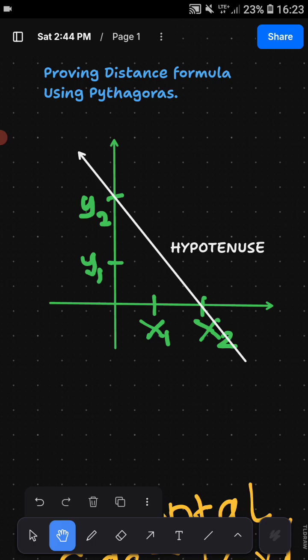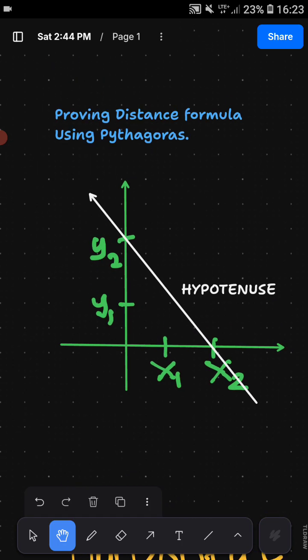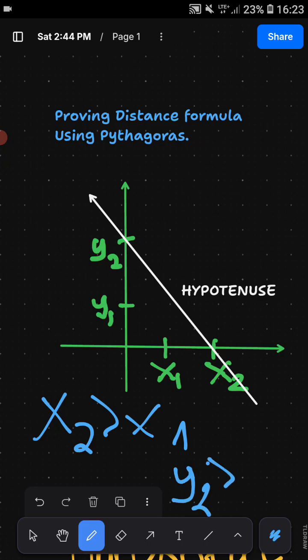And from the way the points are labeled on the plane, this clearly tells you x2 is greater than x1, and y2 is also greater than y1. Okay,